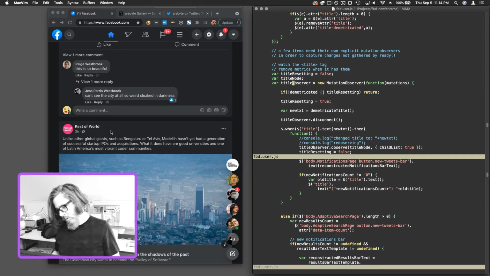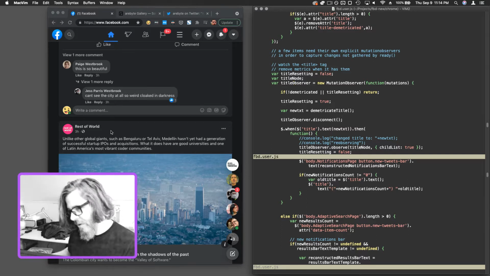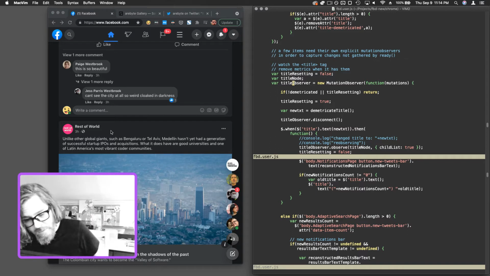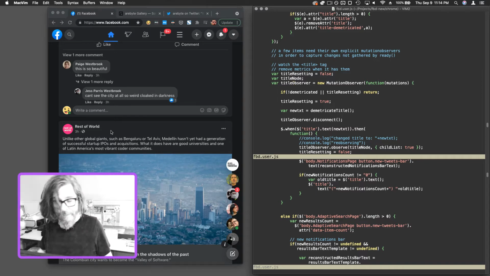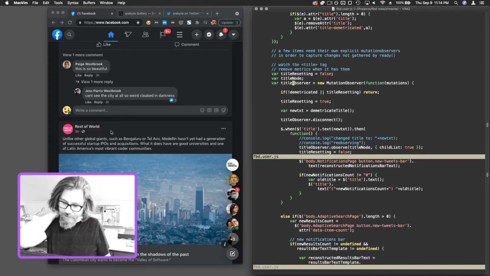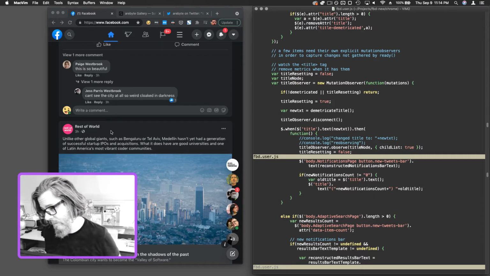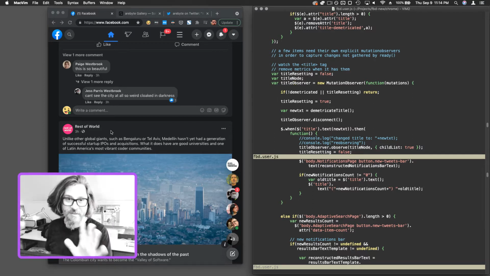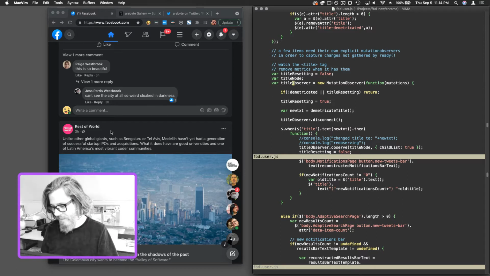And so what Facebook Demetricator does is it modifies the browser. That is my right. It's your right. Facebook doesn't like it, but they don't actually have any legal control over whether or not someone installs a browser extension. I just want to clarify that in case Facebook legal is watching. Anyway,